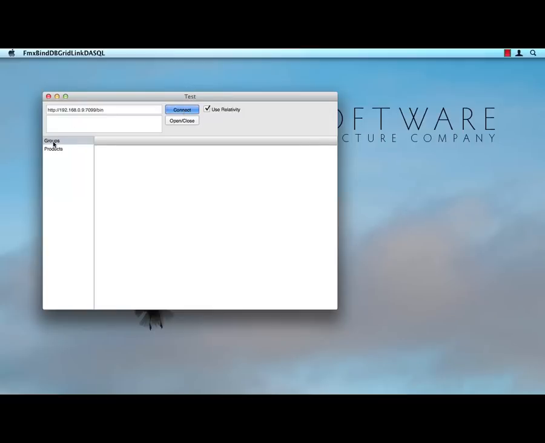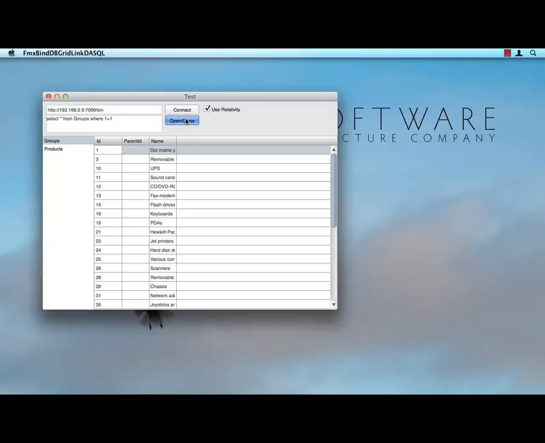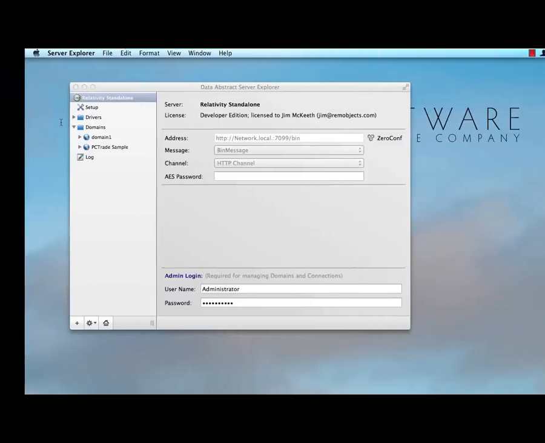And there's our enumeration of tables. I'm going to go ahead and select all from groups. And there we go. So this parent ID, like I mentioned, is empty all the way down. So let's get rid of that. And instead of filtering it each time in the client app, let's go ahead and do that in the middle tier. And how we do that, how we modify the schema, since we're running against the Relativity Server, is with